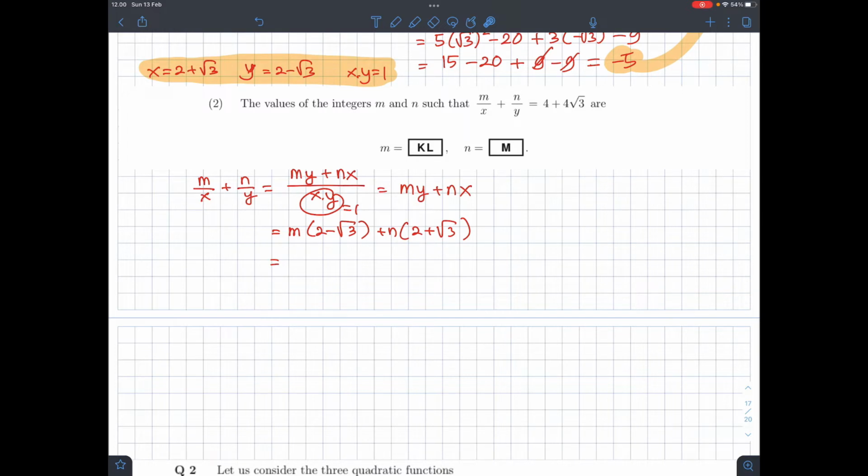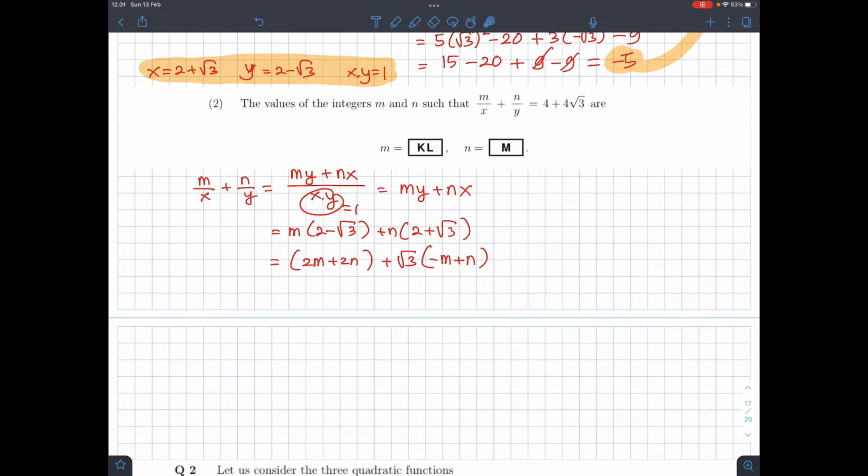There is the term with square root of 3, and there is a term without square root of 3, like this. This is 2m and this is 2n. So you just group 2m plus 2n, and here, this is negative m square root of 3, and this is n square root of 3. So I just factorize square root of 3, negative m plus n. Okay,